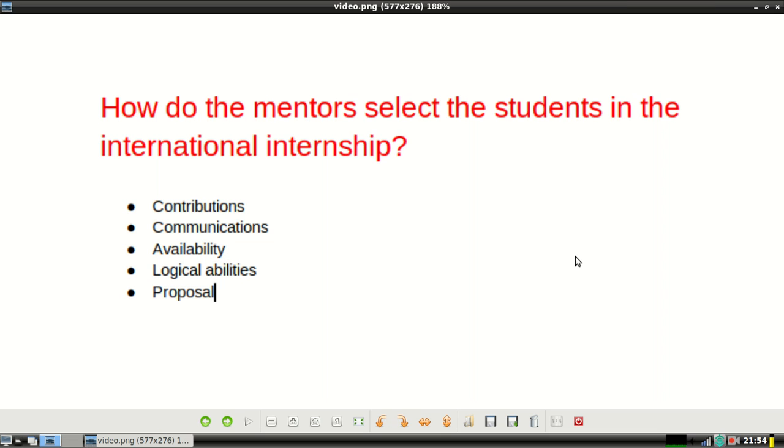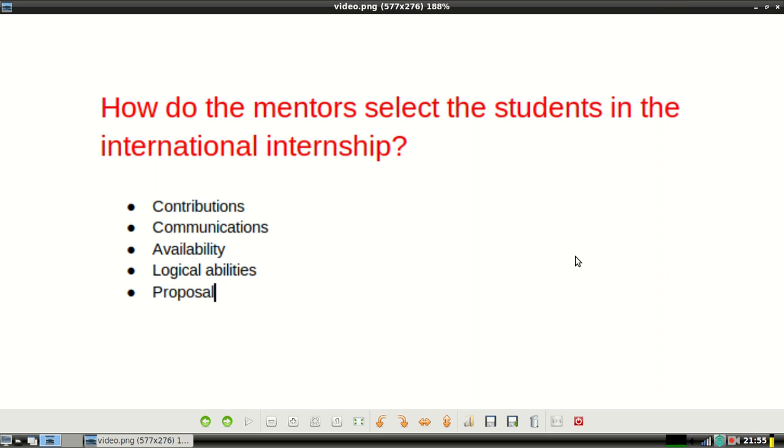And yep, the second point is communication. While selecting an organization and working with them or asking for help, we communicate with community members, like mentors and other community members. It is not enough that you are talking with your mentor regarding the project. No, this is wrong, because while selecting the student, the decision is from the whole community rather than a single mentor. So you have to communicate with the whole community.